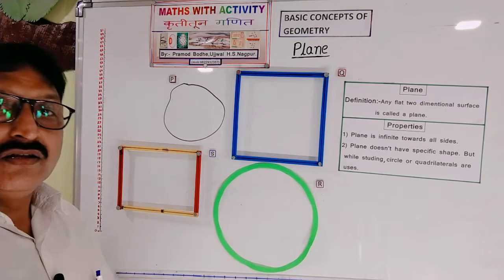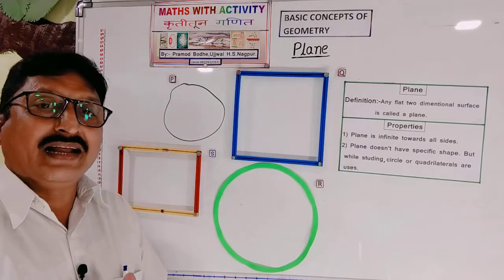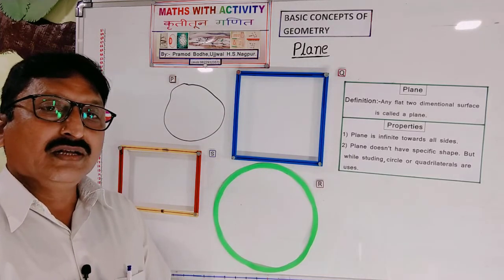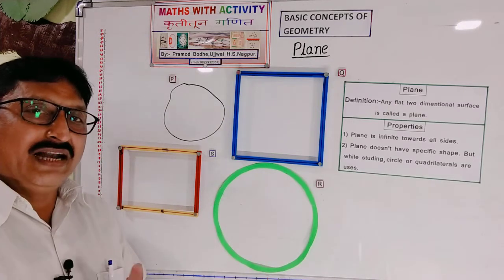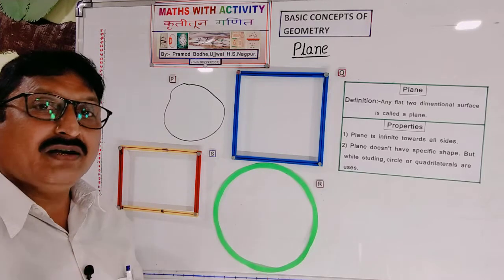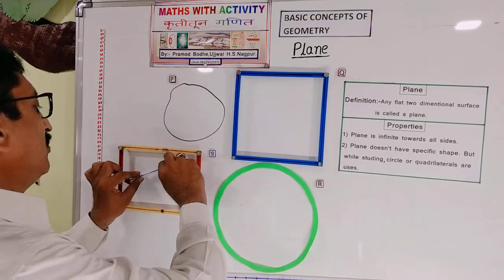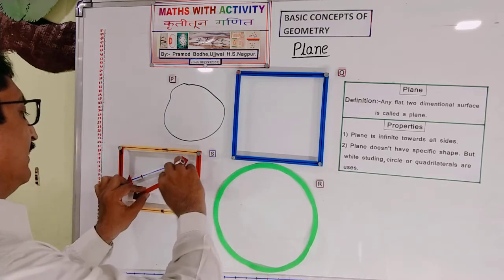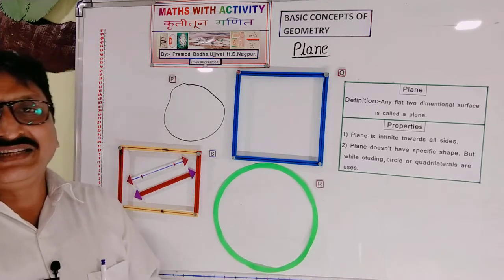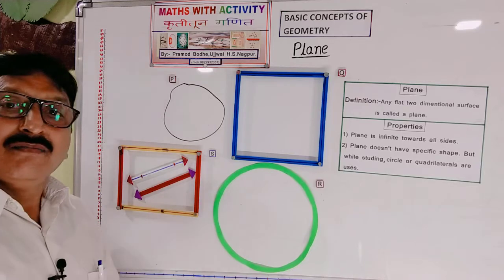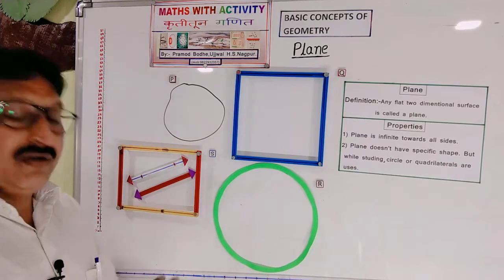Now, what is the use of these planes? These planes can be used to indicate some sets or some groups. In the case of parallel lines, the definition has two conditions, and the first condition is that whenever two lines are in the same plane, that means suppose we take these two lines, and they are in the same plane and do not intersect each other, then they are said to be parallel lines. That means to indicate the same plane we have to use this type of plane.